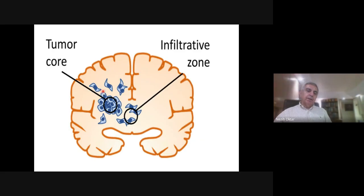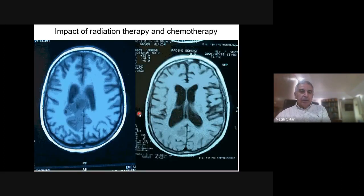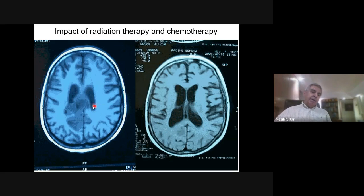Because you see here the tumor core, as we see here. But some tumors have tumor cells far away from the tumor core, in the parenchyma, in the edematous parenchyma. This is the reason that they recur later on. So we have a lot of problems, but we have some lucky cases like this,